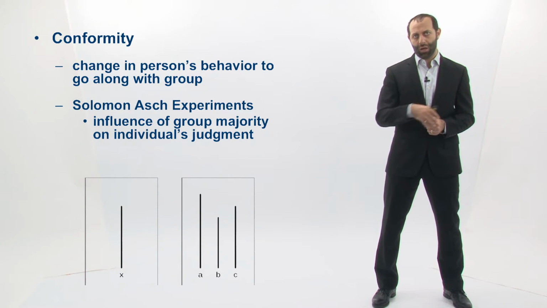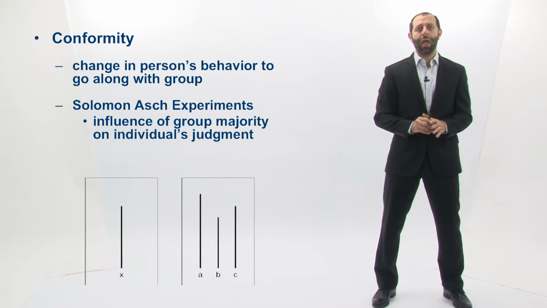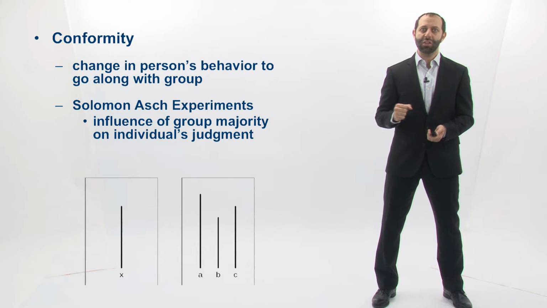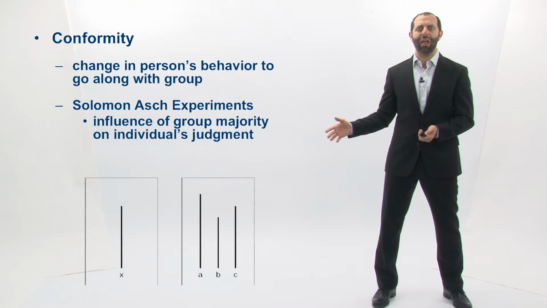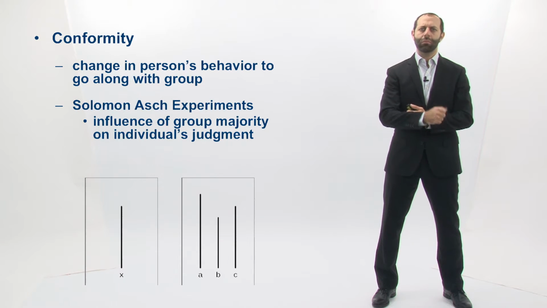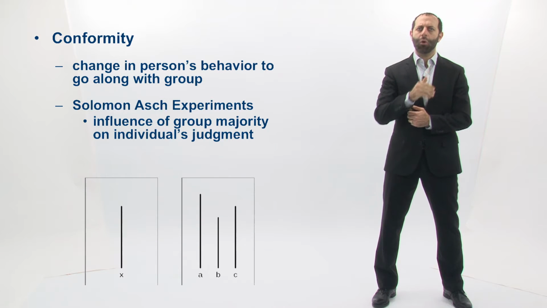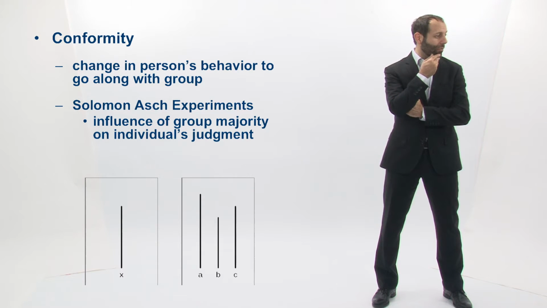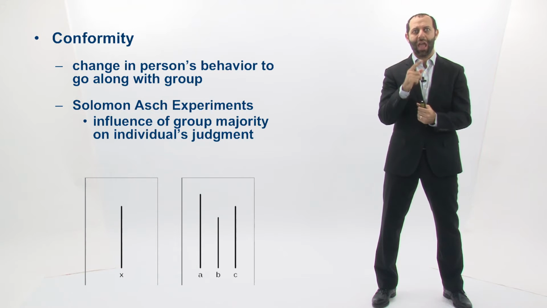After 2 or 3 rounds where everyone agreed, and the actual participant was feeling good, okay, we're all on the same page, Asch instructed the confederates to change their answer to an obviously wrong answer. And so they would be asked, which of the lines matches the stimulus line? And people would start to answer, B, B. And one by one, they would all answer B until they get to the actual research participant. And he would look around, or she would look around, and what would happen? That was the question Asch had asked.